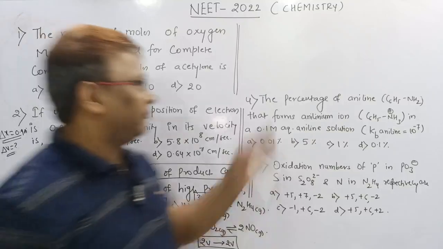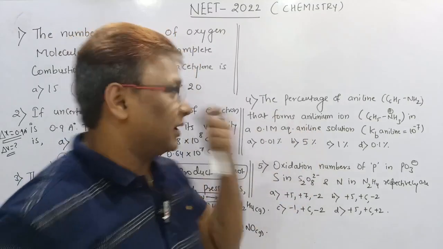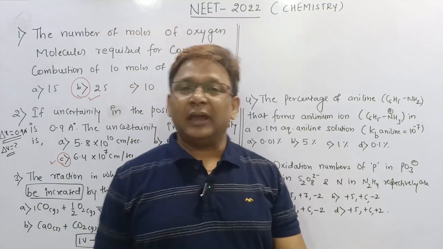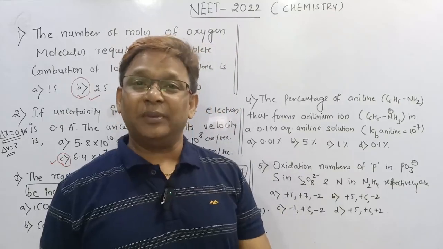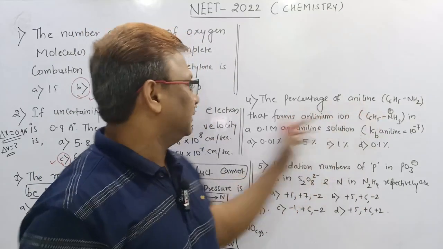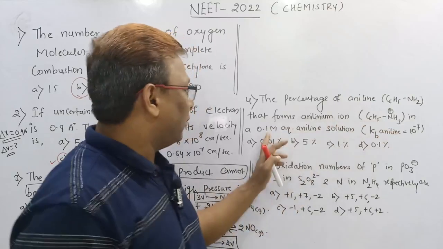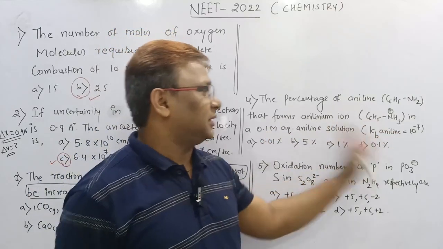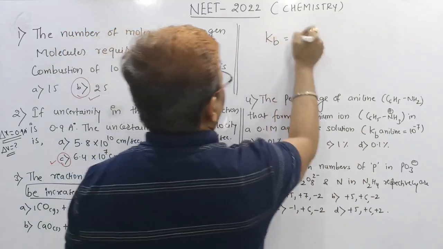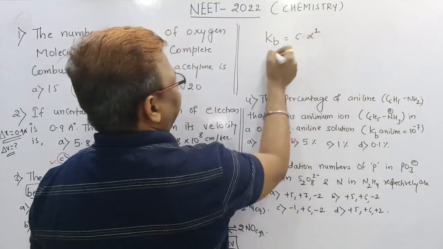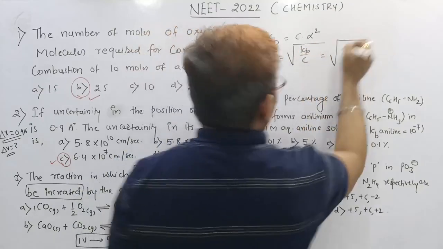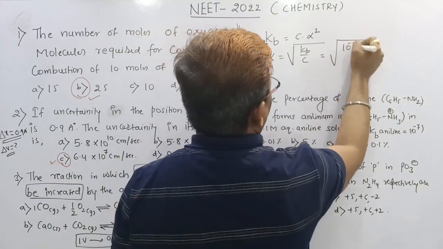Come for question number 4. Very interesting question, beta. It is also coming from our ionic equilibrium. You have to remember, in ionic equilibrium, maybe you learned about that part where Ka is equal to C into alpha square, or Kb is equal to C into alpha square. Same concept they give here. Percentage of the aniline that forms anilinium ion in 0.1 molar aqueous solution of aniline, where Kb value they give. As we know that Kb is equal to C into alpha square. So alpha is equal to under root of Kb by C. It is equal to Kb value that we are having,